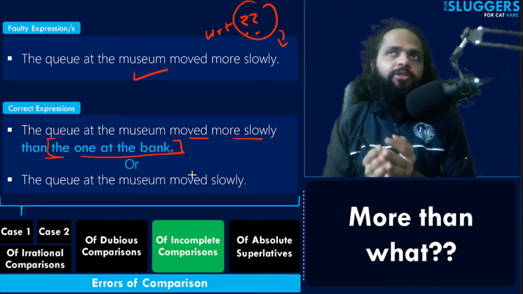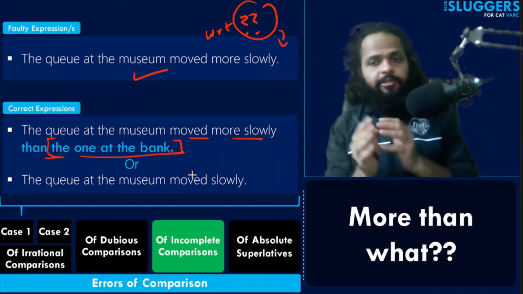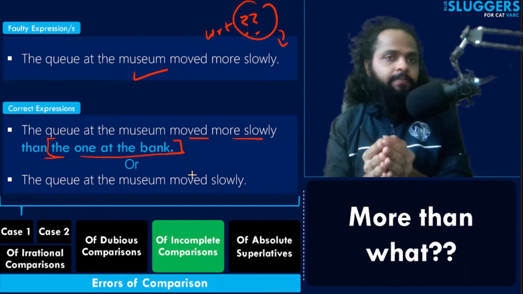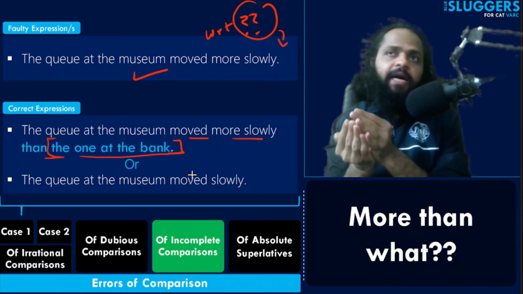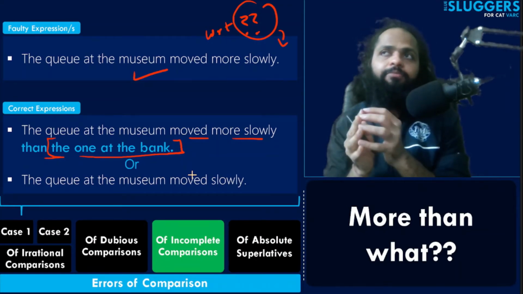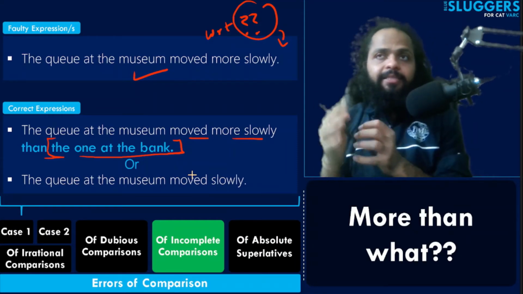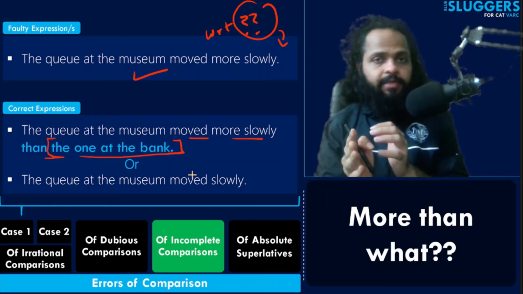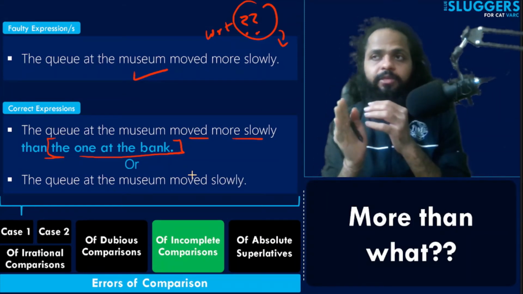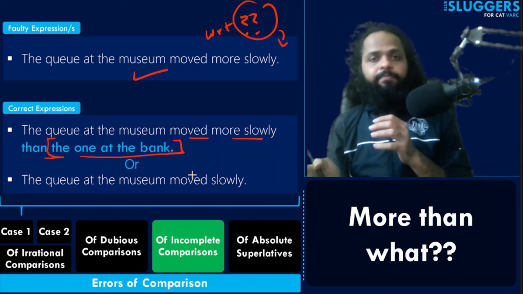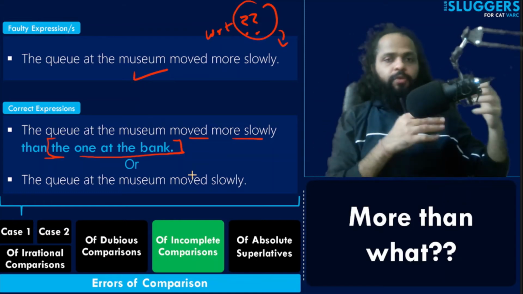I'm not getting into the degrees of comparison and the details of positive, comparative, and superlative degrees because I want these sessions to be crisp and to the point, and I'm trying to stick to the errors which seem to me to be more relevant to being tested in your management entrance tests, right? So that's why I'm purposefully trying to keep away from the whole theoretical discussion of the 3 degrees of comparison, what the rules for each of them are, etc.